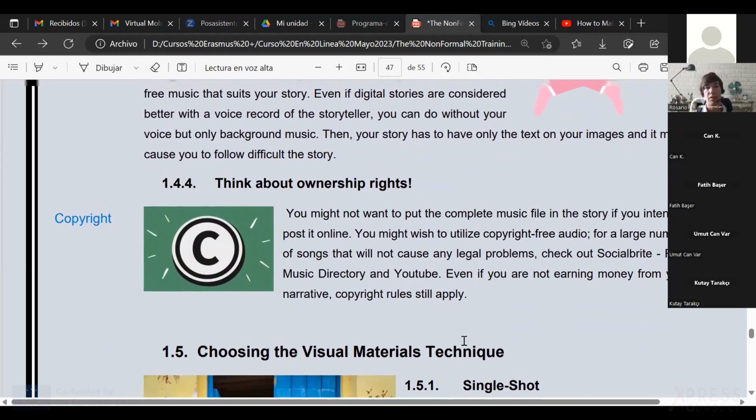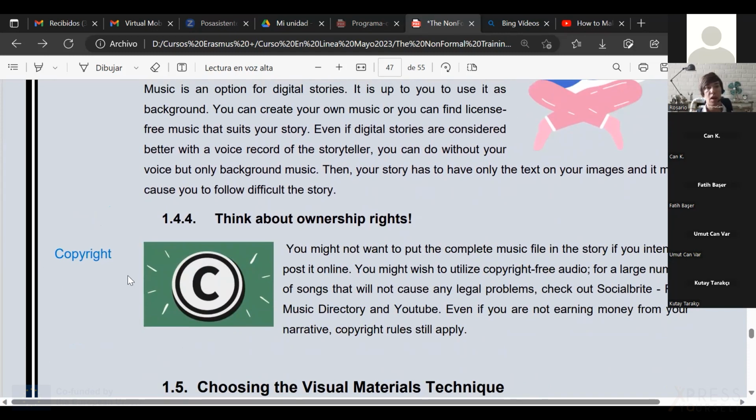And also, it is good to avoid having problems with copyright. This is something to consider in your storytellings. Make sure that the song that you are using does not have copyright.